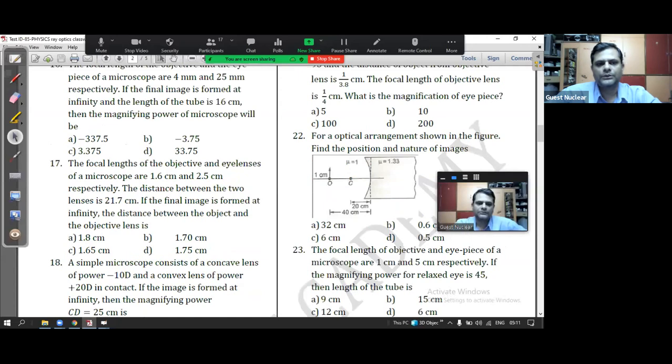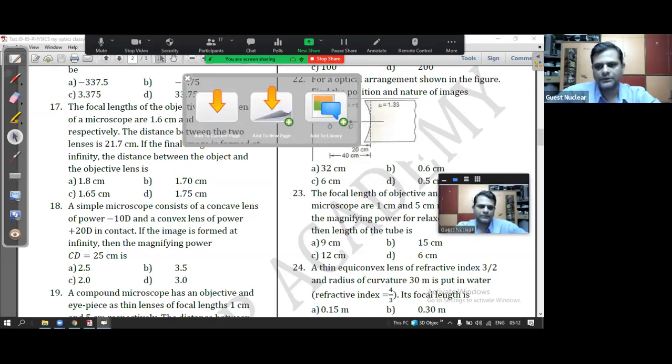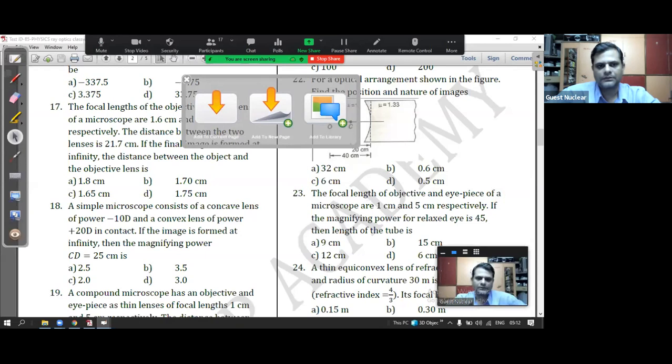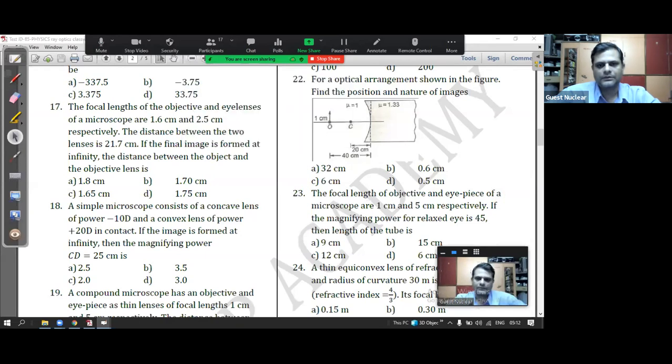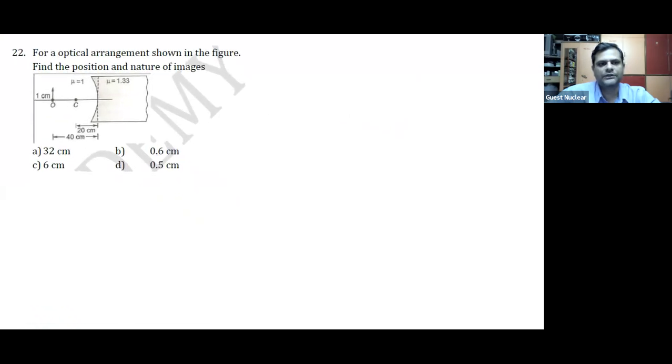Question number 22 here. Yes, let's read the question carefully. For an optical arrangement as shown in the figure, find the position and the nature of images. Okay, so here, if you just take this portion,